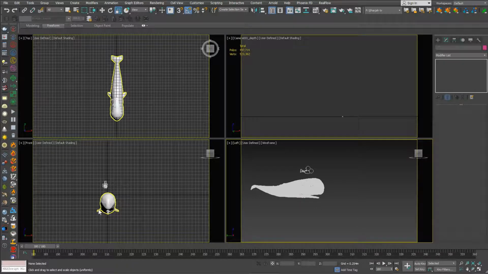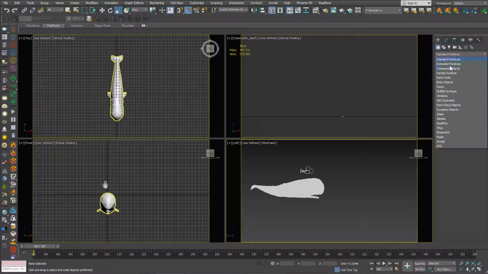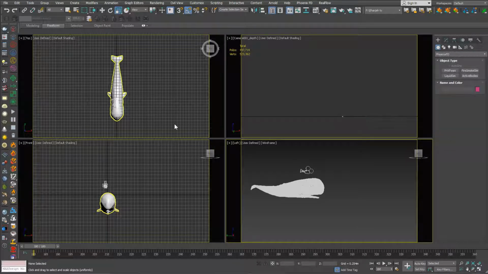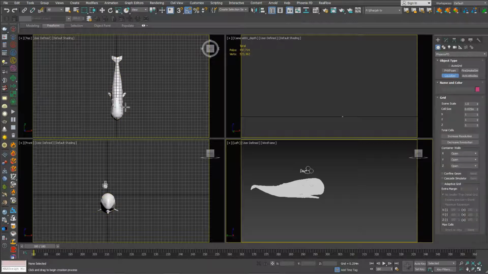We need to find a way to make sure that we are simulating in the right scale. So what I will do is see how Phoenix is dealing with this matter or this problem. If we go to liquid simulation and try to draw something which is roughly the size of this whale,